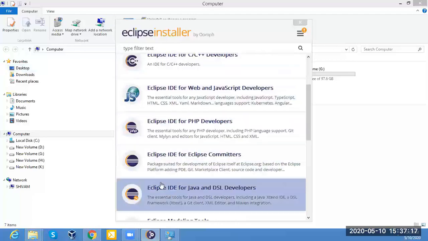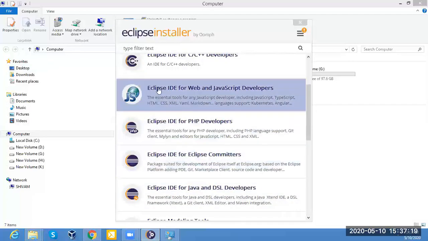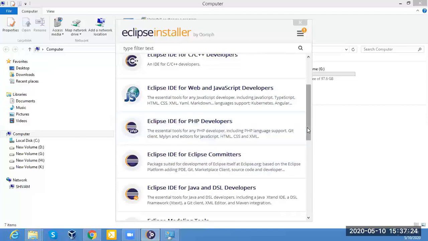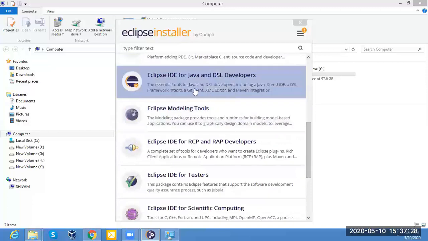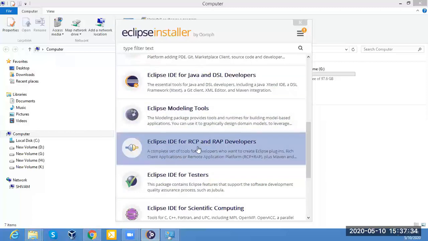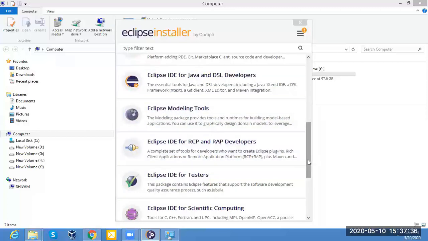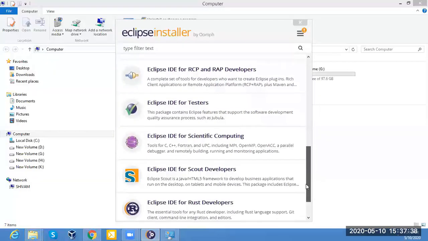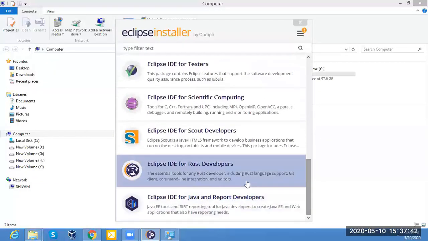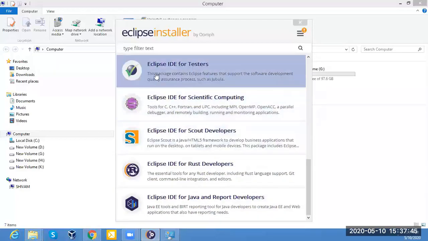Eclipse is applicable for PHP developers, C and C++ developers, Java, JavaScript and DSL developers, RCP and RAP developers. So Eclipse is applicable not only for the Java language but also for all other languages.